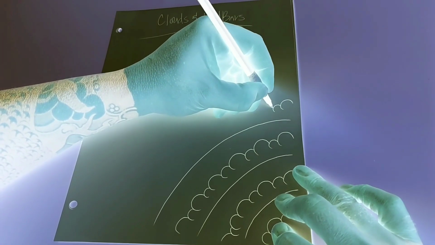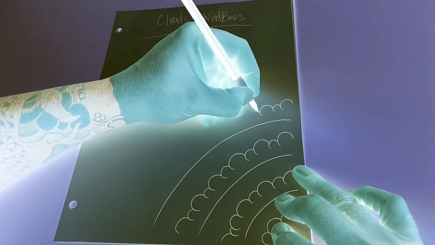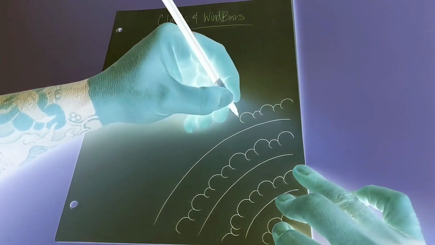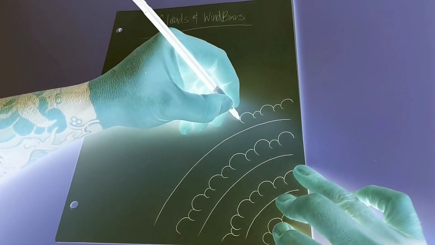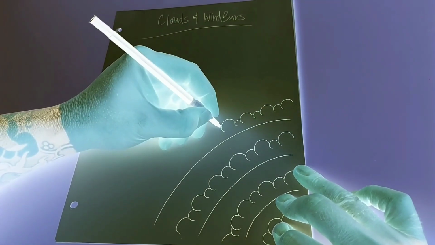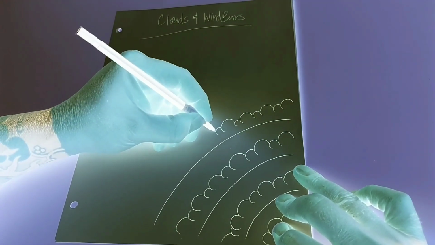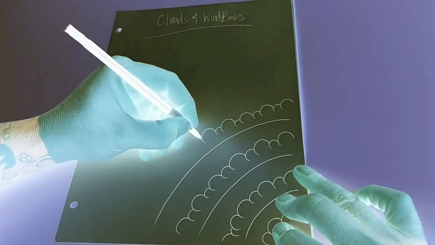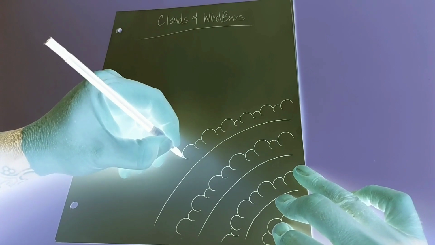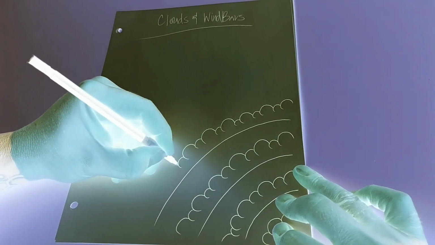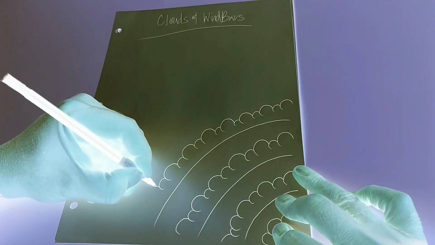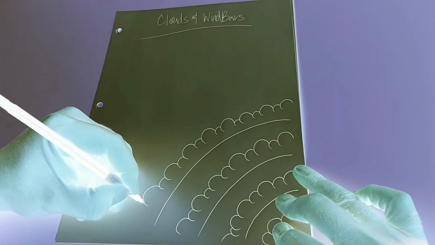So as you can see, we've got the wind bars going in the same direction. Now these clouds can get bigger as we start going up this page because we've got more landscape to fill, but we're not going to keep going the same direction the whole way. That's another problem. Some people will just keep going the same direction the whole time. If you do that, it'll also look kind of funky because the goal with these wind bars and clouds is to be like the wind and go in different directions, but you want to go in directions that make sense, in my opinion.